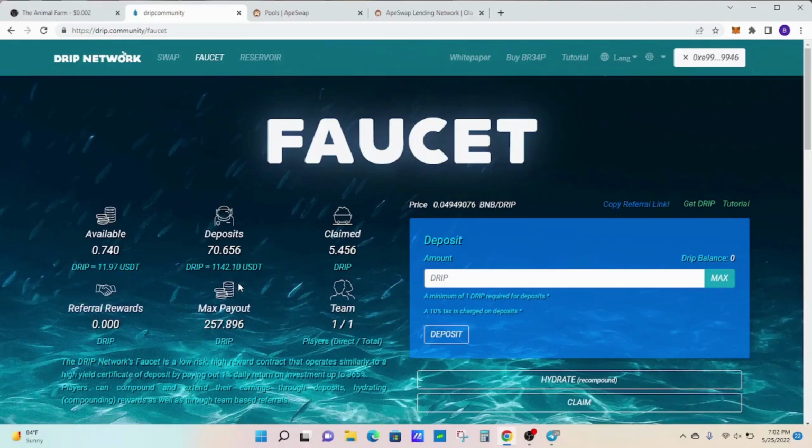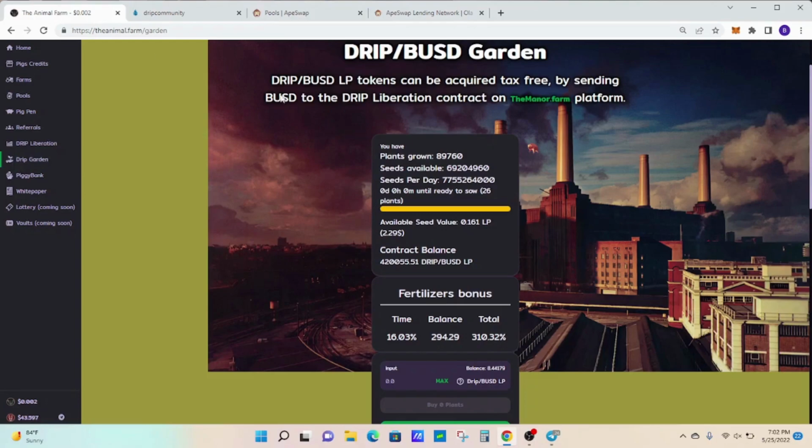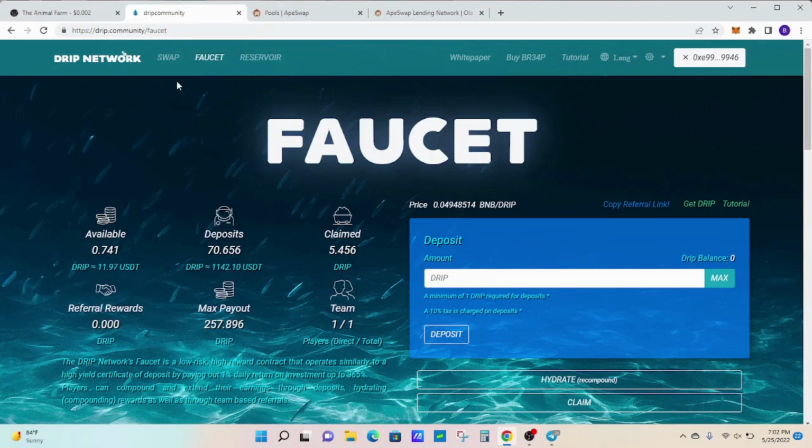It's just one of the ways that I'm diversifying, and at the same time I'm still betting on drip. I say multiplier because I'm in the drip BUSD garden, and I'm also in the drip faucet. So it's all dependent on drip itself, which I believe wholeheartedly is going to turn around and start getting on a bull run again, start climbing back up. So that's a little bit of how I fund it, and how it could be used as a multiplier.